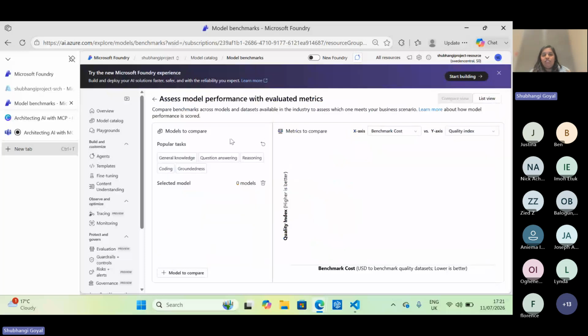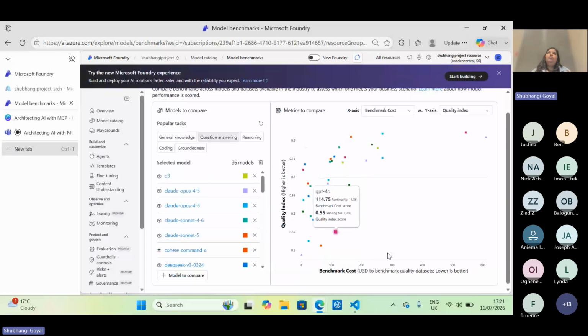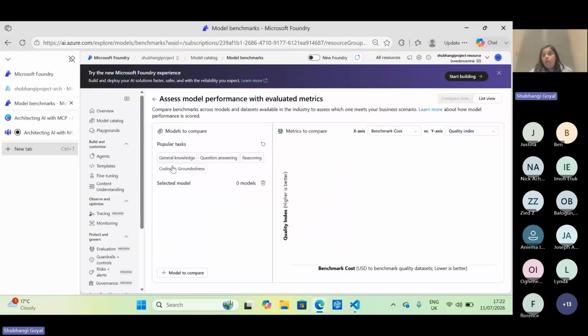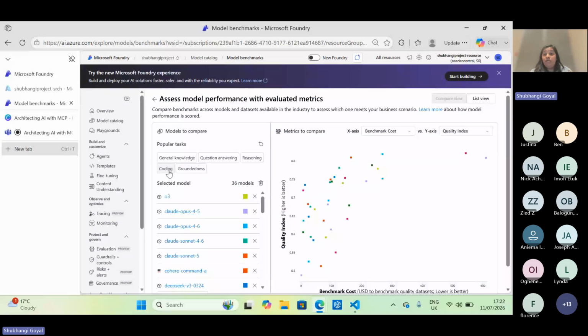Now, for example, if I talk about question answer reasoning, which is useful in those areas where you want to build an application where reasoning and that kind of logic is needed, you would want to pick a model which is really good at question answering. Or if you want to use it as a coding assistant, which model is great at coding? You want to see, okay, maybe GPT 5.4, maybe 4.6. The quality index is high, you can see here, or you would want to pick, for example, GPT 5.5 or 4.5. So these metrics help you to assess which one is going to be the right fit.